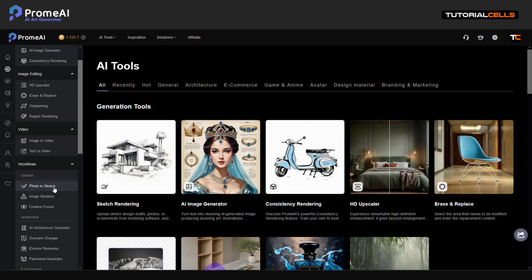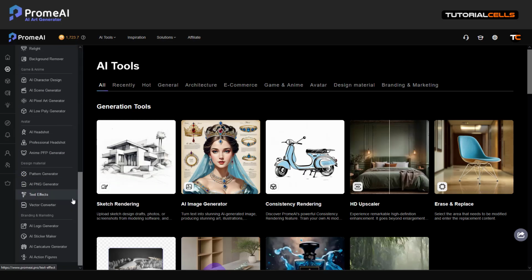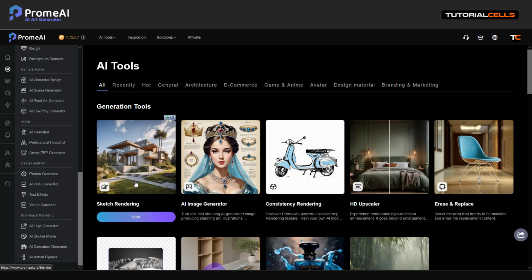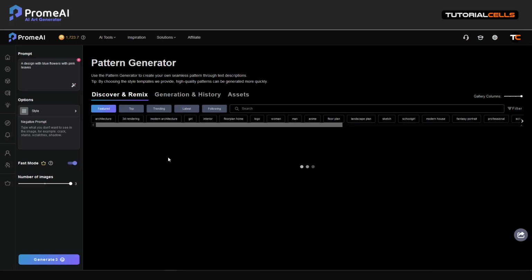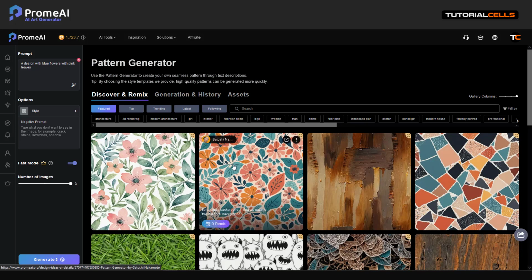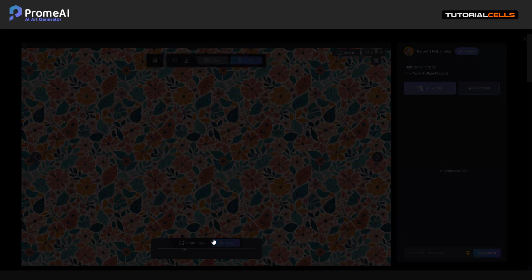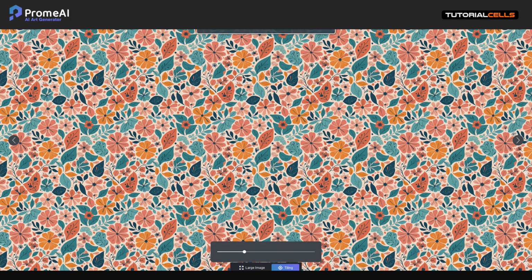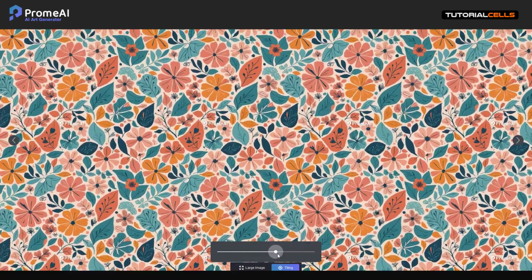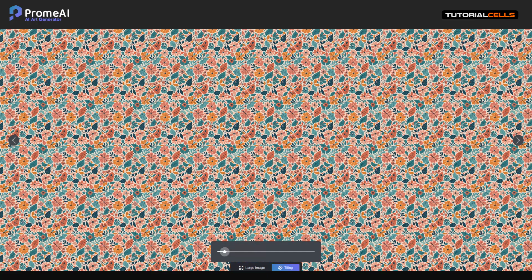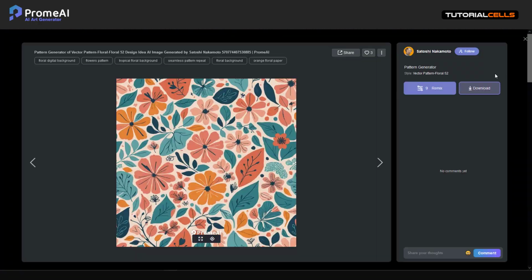If you want to create a pattern or a texture to use in rendering in a 3D package or 2D package, you can use pattern generator. It creates a seamless, tileable pattern. You create a pattern like this one by one, and then you can tile that. You can see you can tile. It will generate more and more texture. Nice. You can zoom in, zoom out. Interesting. So you can create seamless